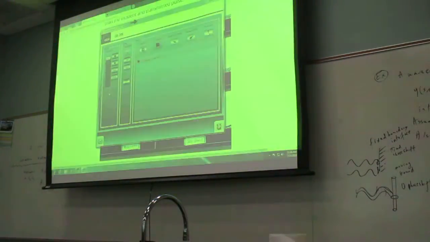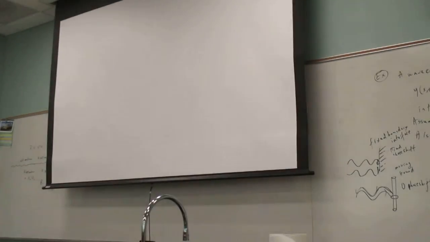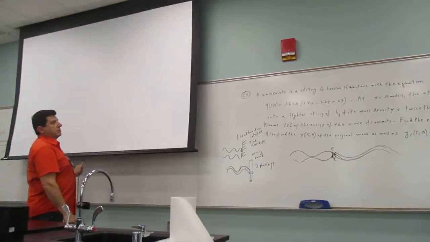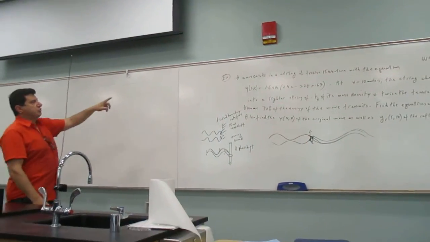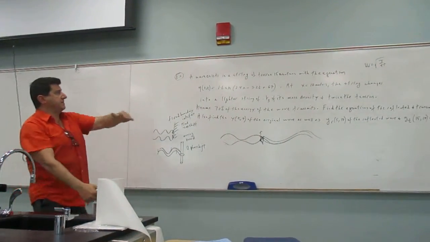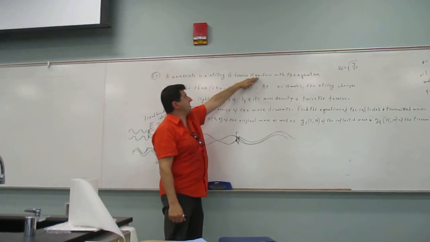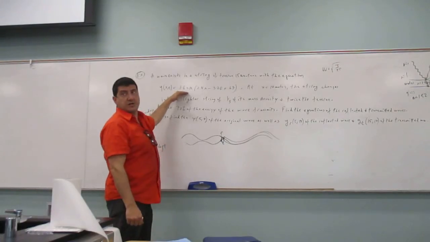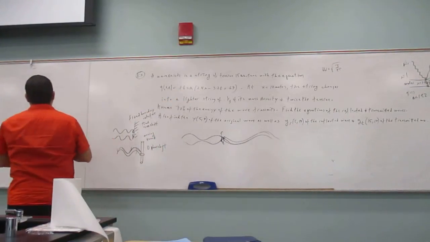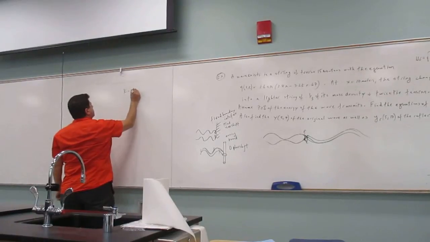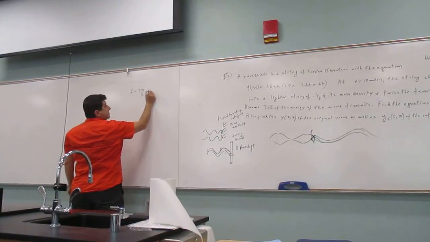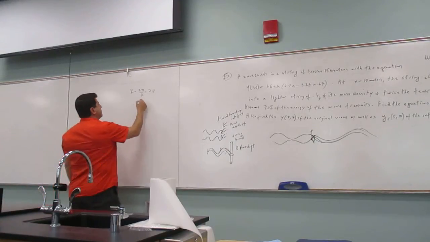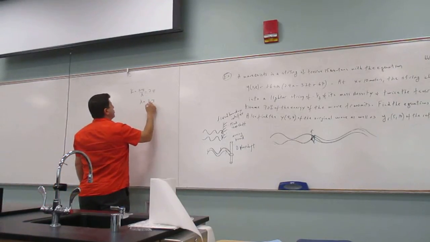Okay, nice. So now with that we'll be able to fully answer this question. Okay, so a wave exists in a string. Given that they've already given us the tension of the string and the equation of the string, right? We can figure out what? We know the k value is 2.4. So let's figure out all the possible unknowns for this problem. Lambda is equal to 2 pi over 2.4,